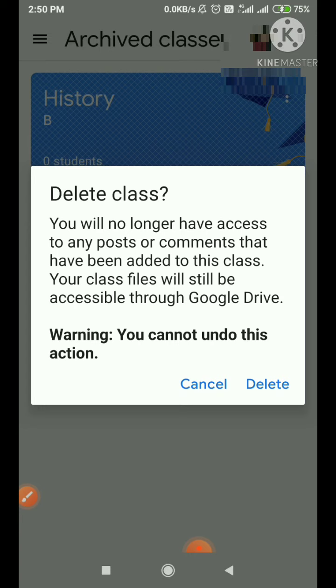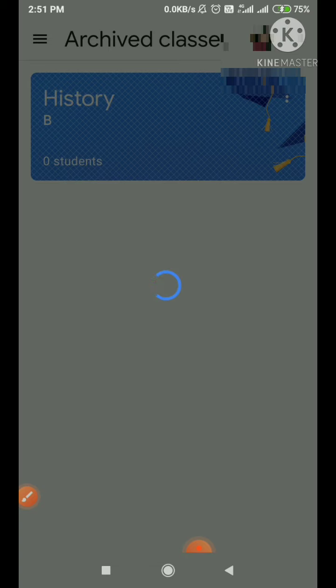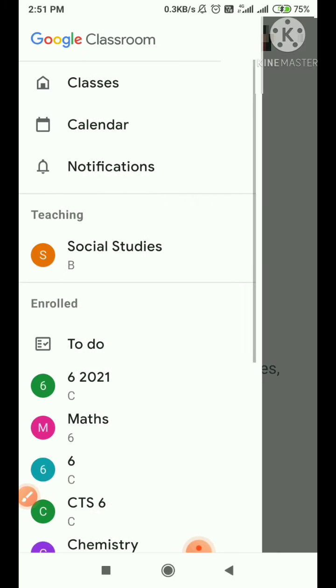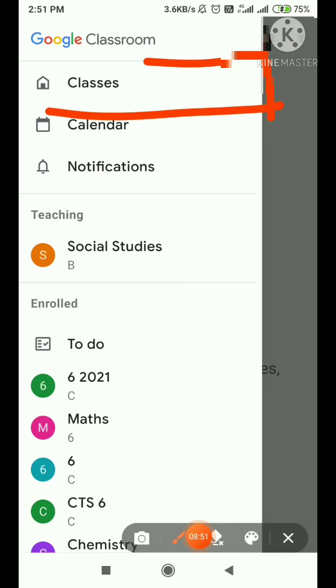It is also giving us a warning: you cannot undo this action. We don't want to undo, so let's delete it. Now you can see it's taking a load. After this, there is no archived class. So let's go back. This is the option which we have to click now to go again.